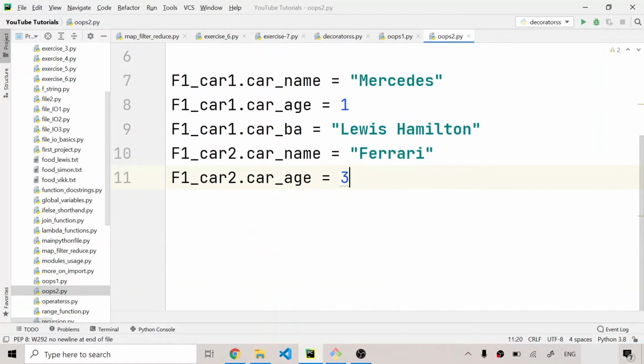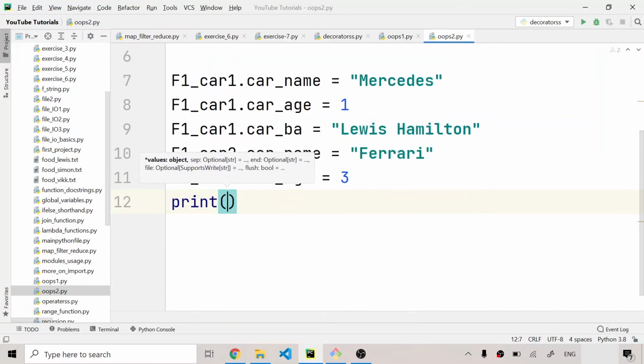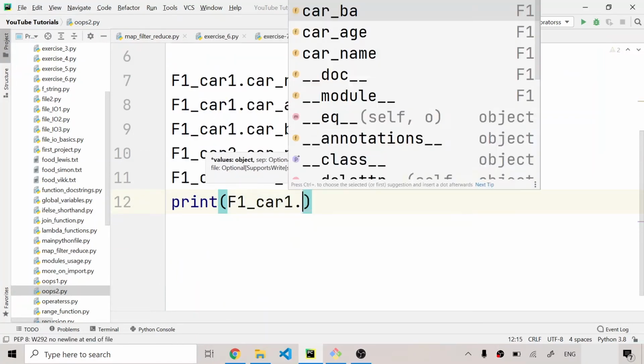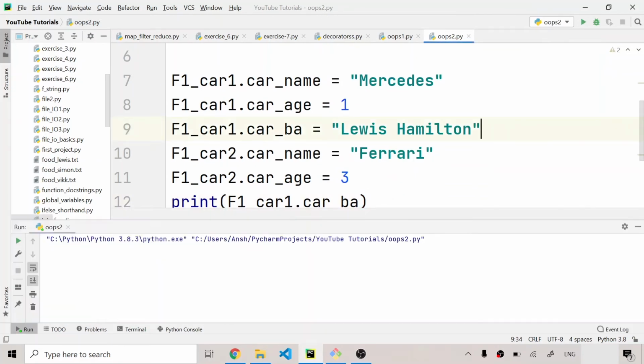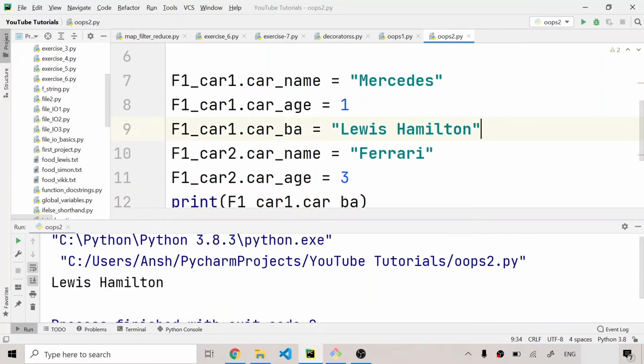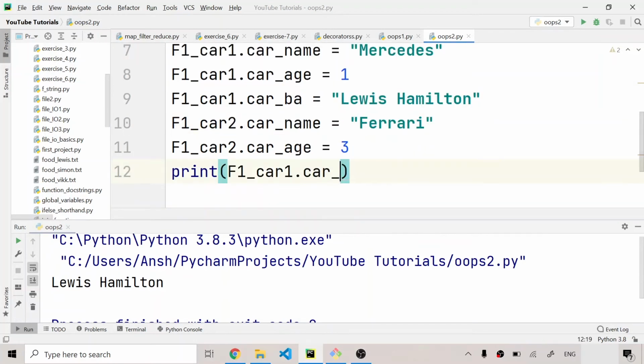And after that, what I can do is print these variable instances. So I can write print, and I'll write F1 car 1 dot car ba. So after I run this, as you can see, it will print Lewis Hamilton. So it has printed Lewis Hamilton, and I can print the age. So I can write car age, and I'll run it,